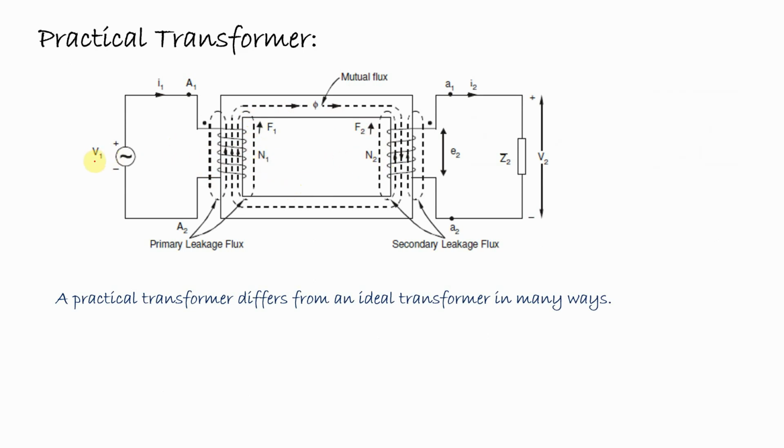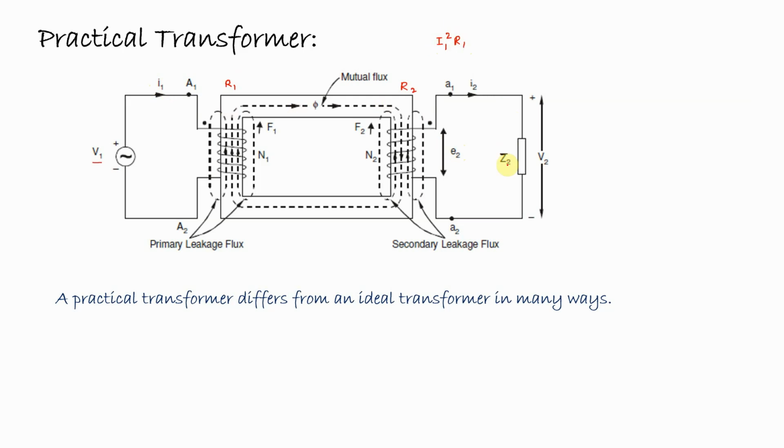The alternating voltage V1 is applied in the primary side. So a current will flow through the primary winding, it is I1. If the secondary side is connected with some load, then the current flowing in the primary side is represented by I1. This is called the primary current. Now in practical transformers, there should be some resistance in primary winding as well as in the secondary winding. Therefore, because of the current in primary, there will be a copper loss or ohmic loss. It will be I1 square into R1.